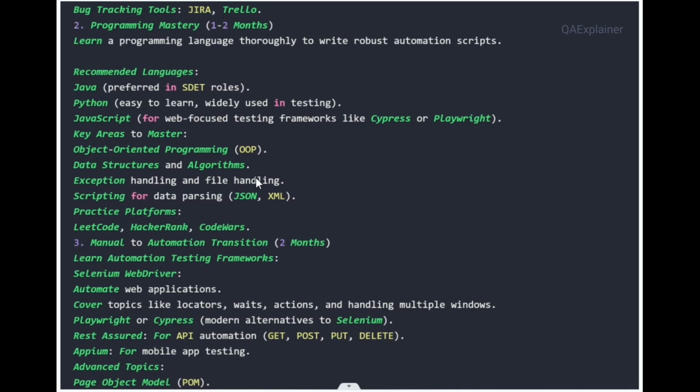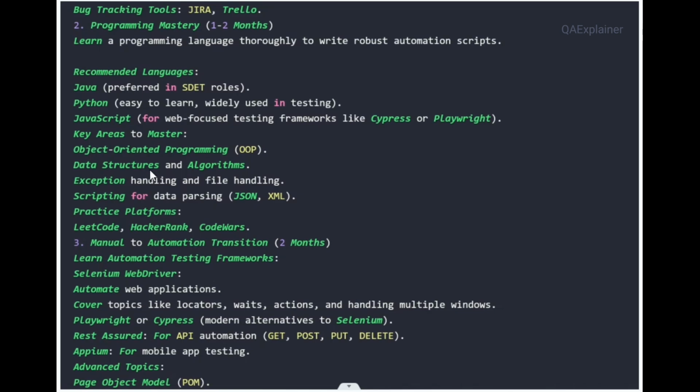and then you have to do some practice related to data structures and algorithms like stack, map, list, array list. These are all some non-primitive data types. So you have to learn data structures and algorithms, like algorithms in the sense of bubble sort algorithm. You'll get to know once you go through this